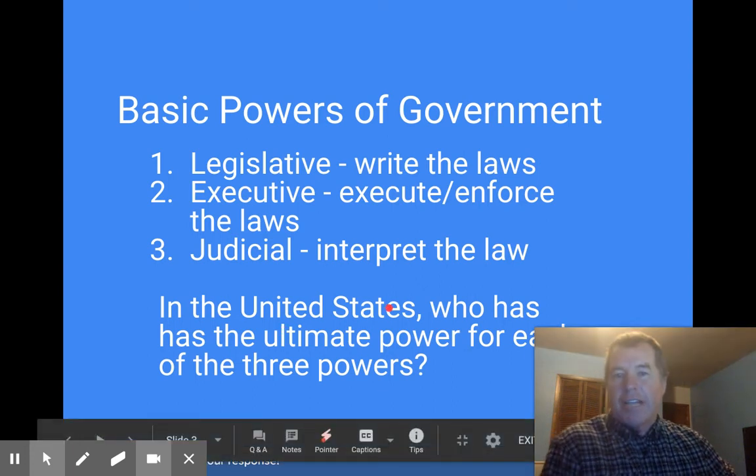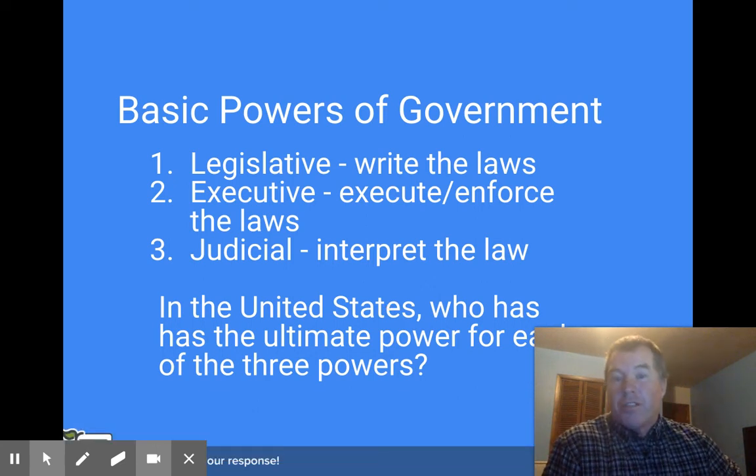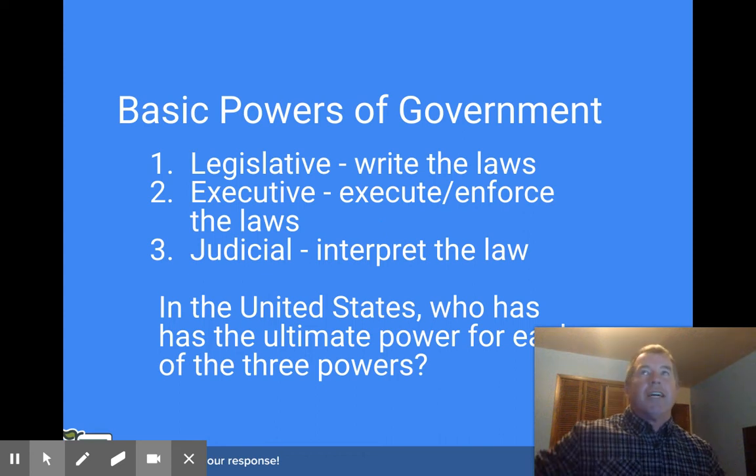And then the executive branch is led by the chief executive, the president. The president is ultimately in charge of the executive branch, and the executive branch is gigantic. It's all the various federal government agencies and departments: the Department of Defense, the Department of Agriculture, the Department of Health and Human Services, the Department of Education, the Department of State. They're a huge employer. Tons of people work for the executive branch, but ultimately the president is at the top of that.